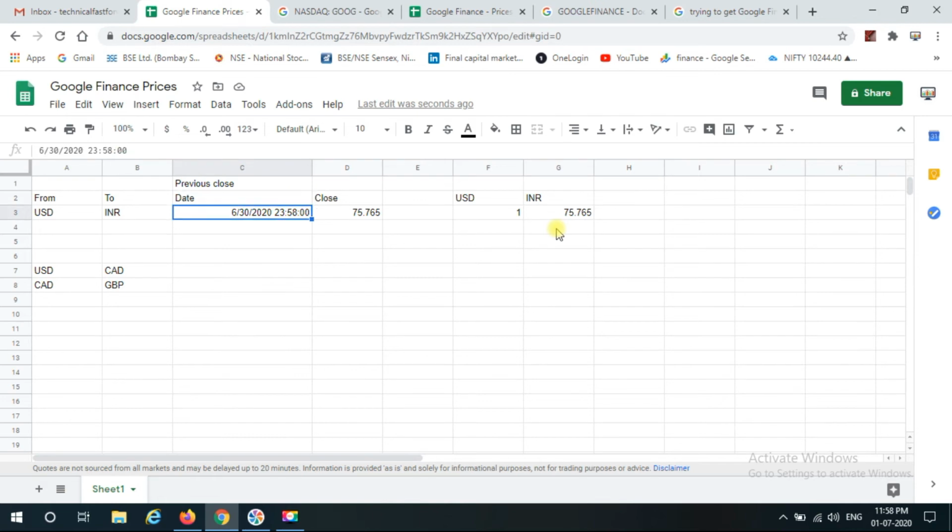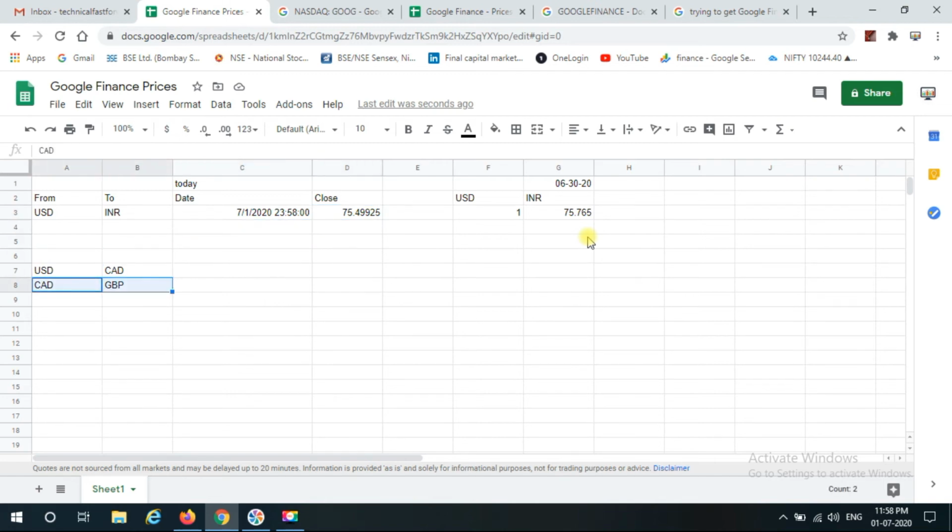Or if you need today's price, you simply remove this -1, and you will get the current price for 1st of July. This is different from yesterday. 75.765 was yesterday's price, which is 30th June. Today's price is 1st of July, with time, 75.49.